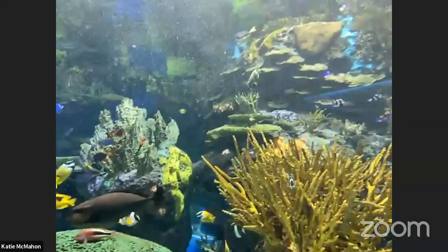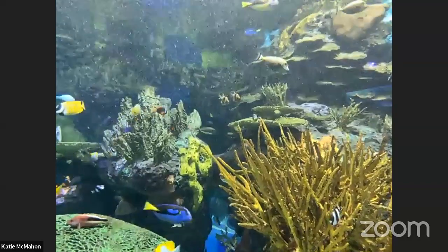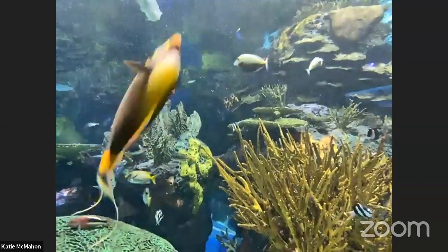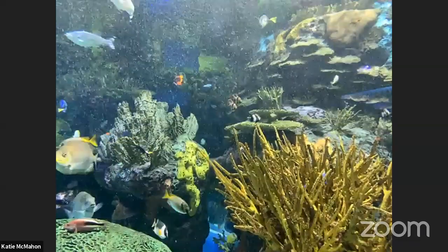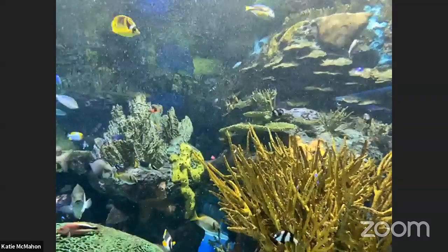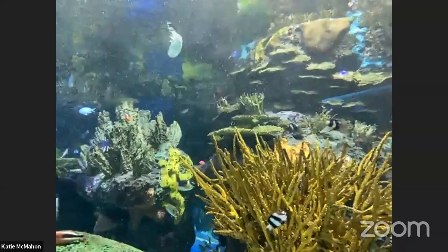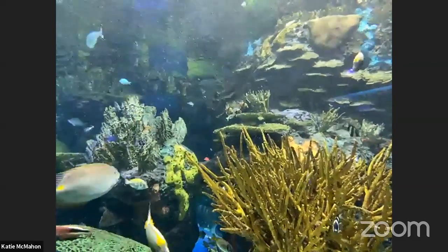And then they're going to be hard to see on the screen, but just over this spiky piece of coral, if you see two little fish with a black stripe around their middle, they're one of our favorites because they're called the Pajama Cardinal fish. And it looks like they're wearing pajama bottoms. Like the black stripe is the waistband. And then they're wearing polka dot pants on the bottom